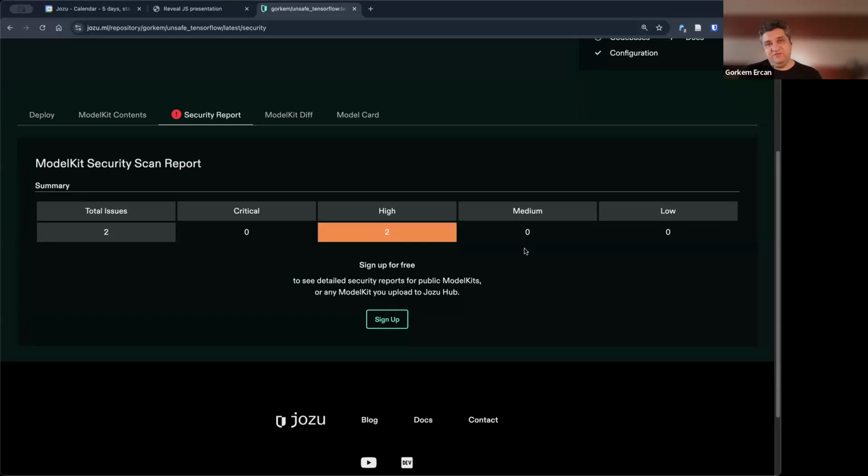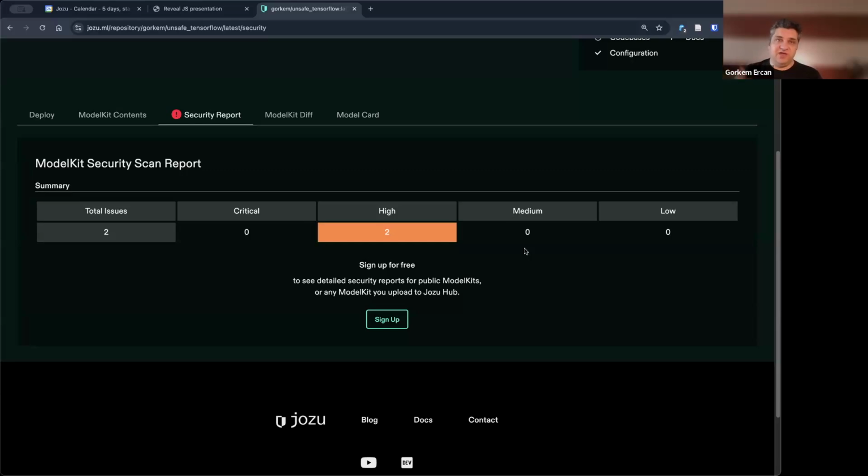So what that means is now you can verify this security report's critical level not by talking to Jozu ML, because it is attached to the artifact itself, which is the ModelKit itself.